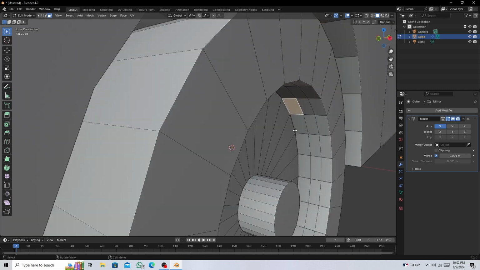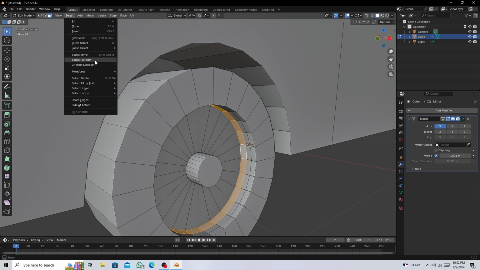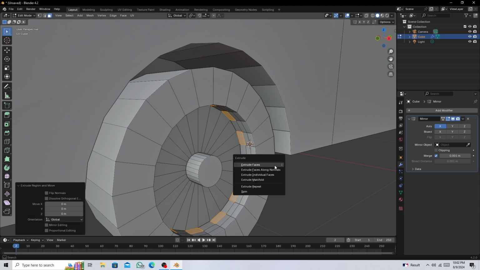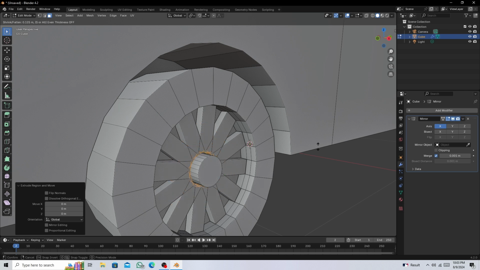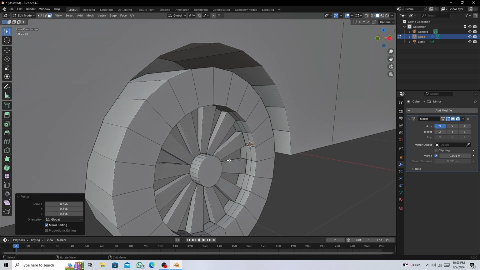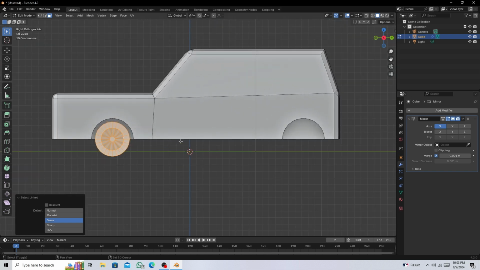Zoom near the wheel and select any inner face and then press and hold and select another face like this. Now go to the select option at the top and select the checker deselect option. Press Alt plus E and select the extrude faces along normals option and drag it to the hub. Press S to scale it down like this. Now move the cursor to the wheel and press L and duplicate the tire and move it to the back